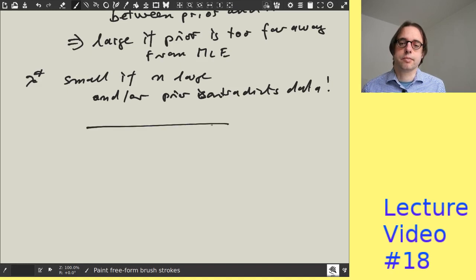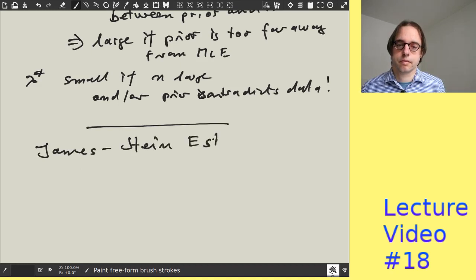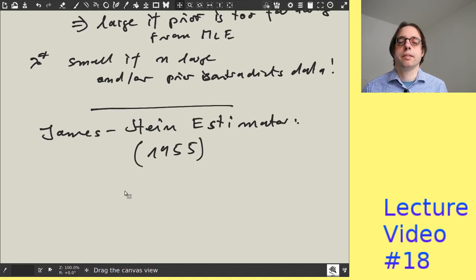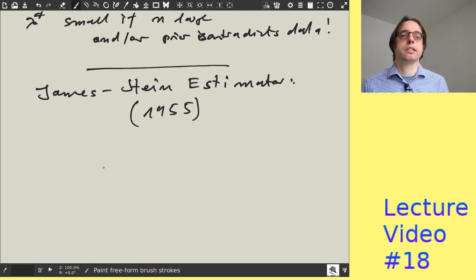So the James-Stein estimator is an example. James-Stein is from 1955, and that actually created a big controversy, because at this point everybody still believed that maximum likelihood is the best method available, and they showed that you can actually beat maximum likelihood. So the idea was, we have x,